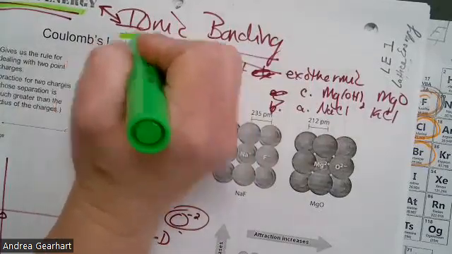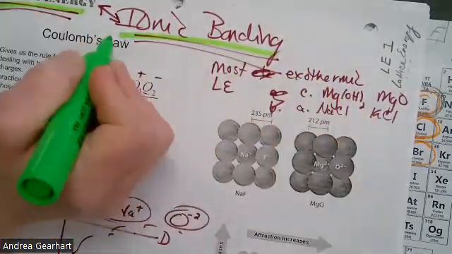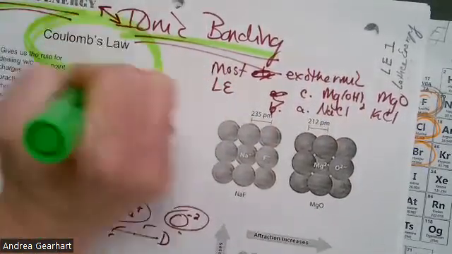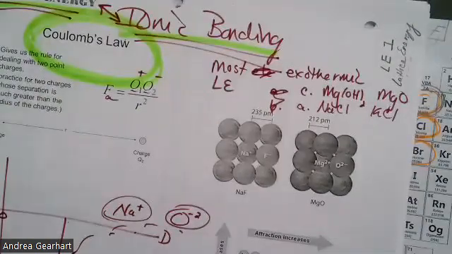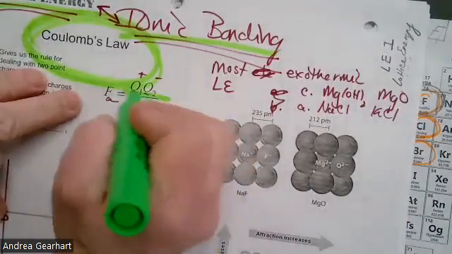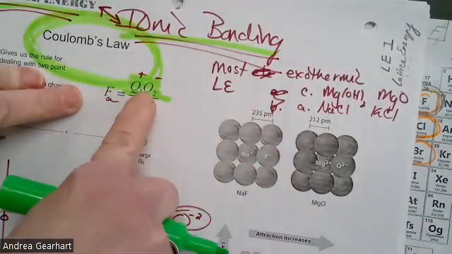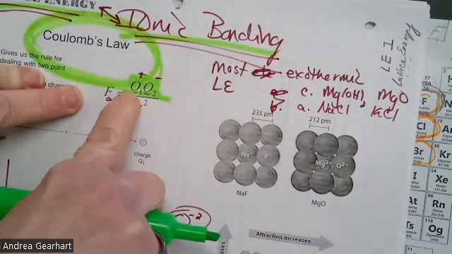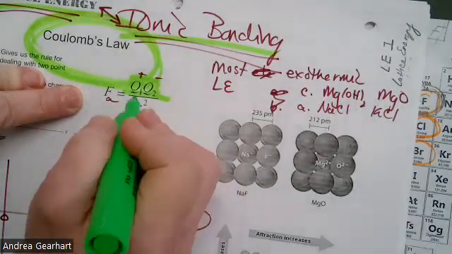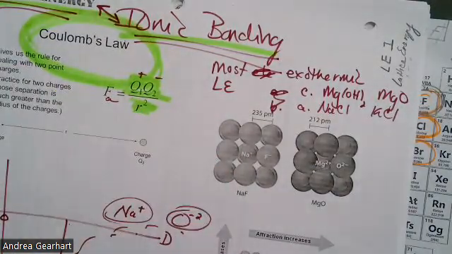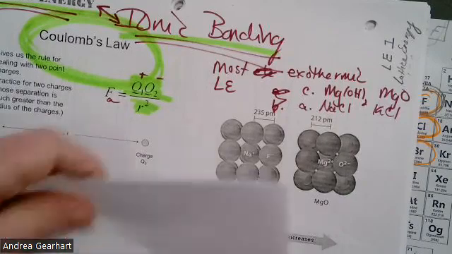Lattice energy, ionic bonding, lattice energy. Coulomb's law. So we are checking the magnitude of our cation and anion, and then the distance between them. So if we are looking at